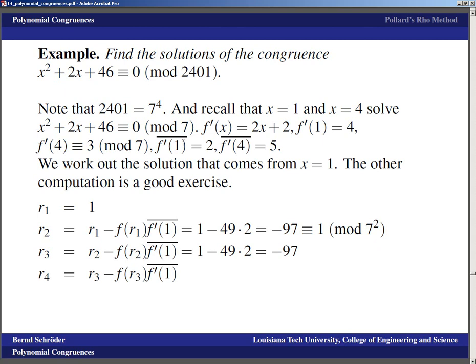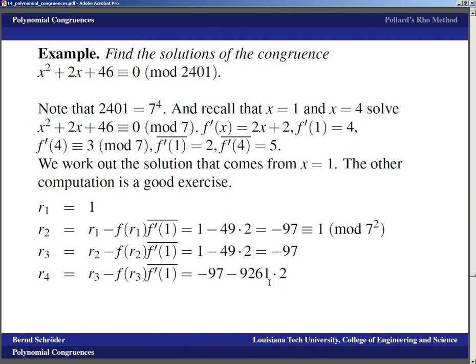So that means for R4, where negative 97 is a solution of this congruence modulo 343, to now find a solution modulo 7 to the fourth, we need R4 equals R3 minus f of R3 times f prime of 1 bar. Of course, the nice thing is f prime of 1 bar is still 2. The other nice thing is that R3 is negative 97. We can just copy that down. And the not so nice thing is that f of R3 is